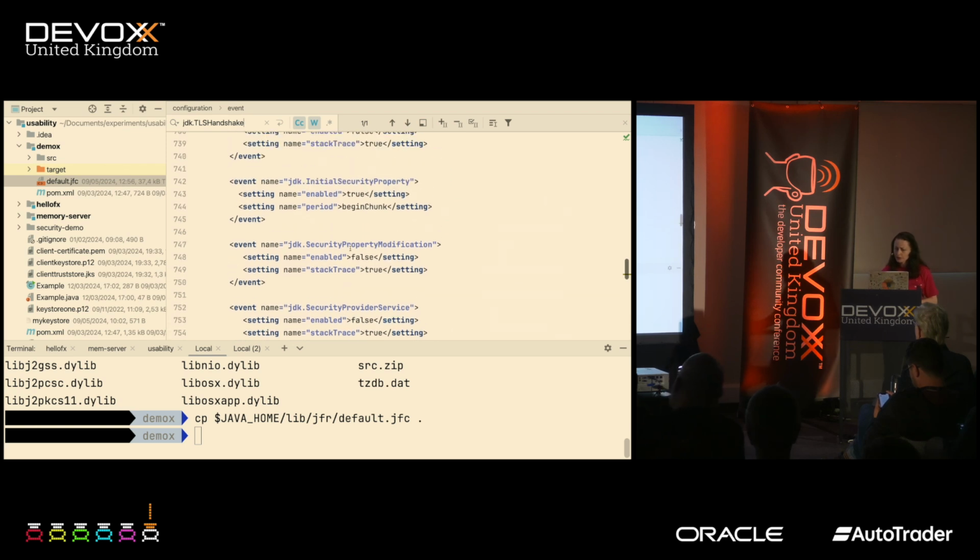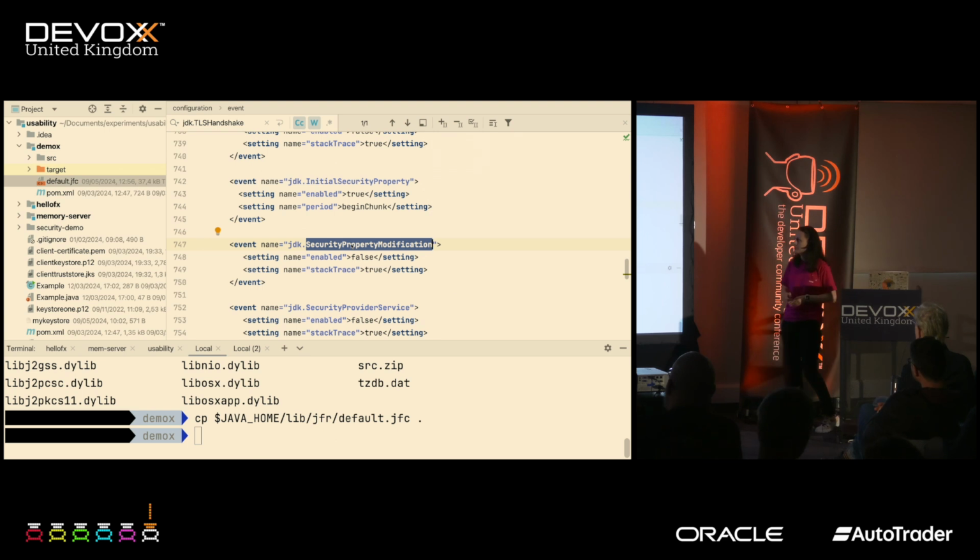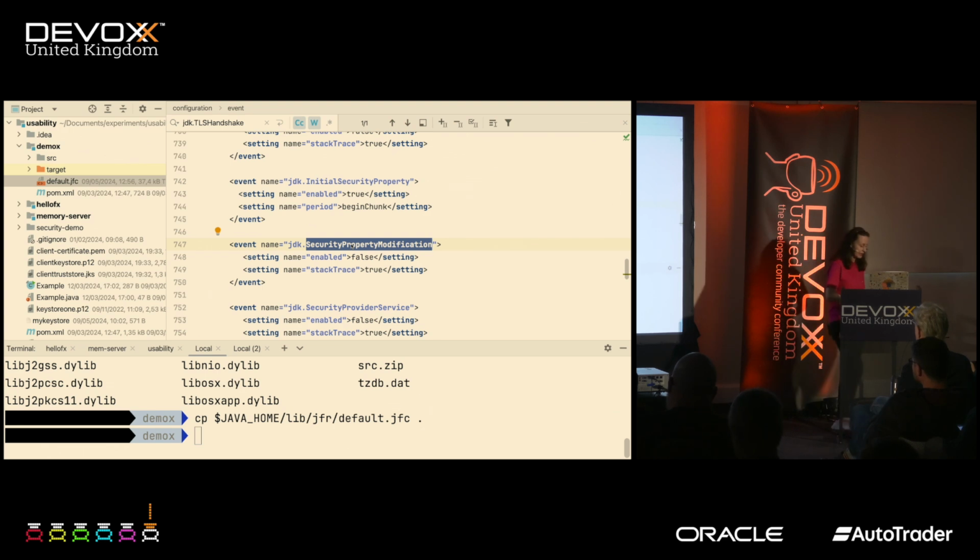But there was also an event called security property modification, disabled by default as well, that was looking over the Java security invocations, over changing dynamically the security properties for your application. So these were starting with JDK 12.